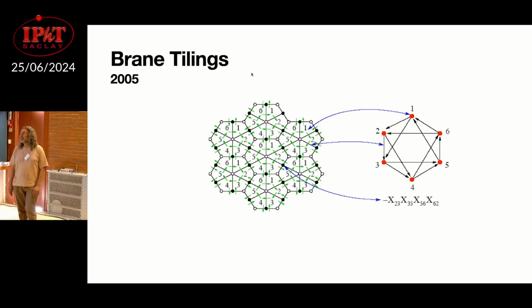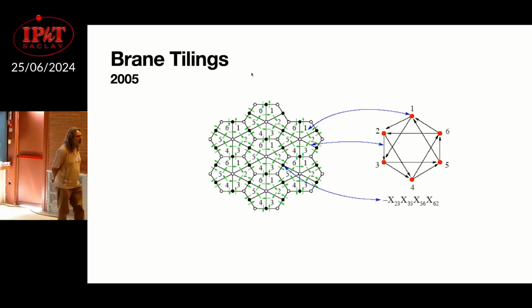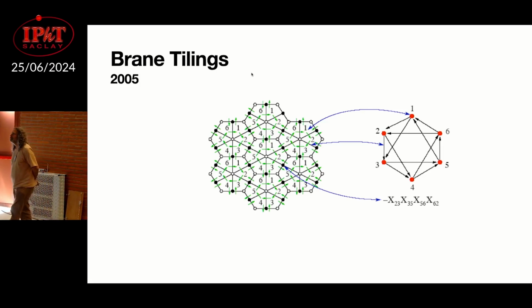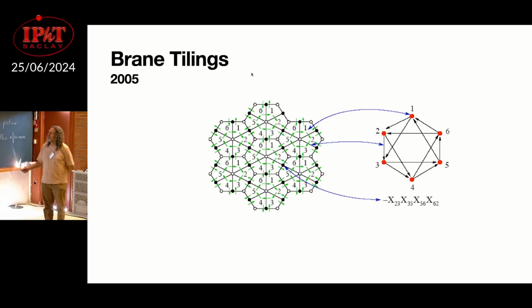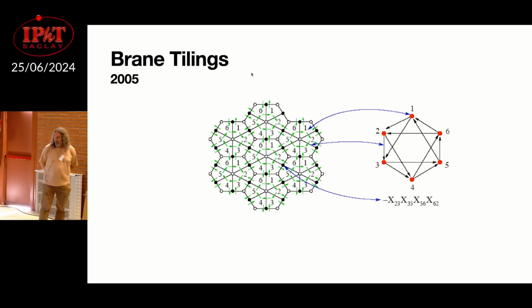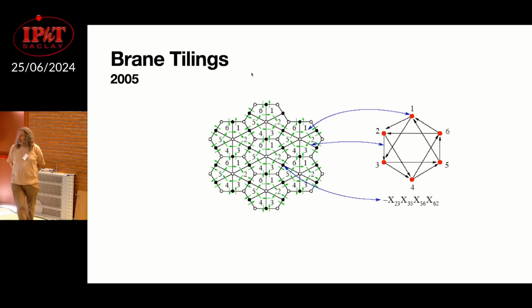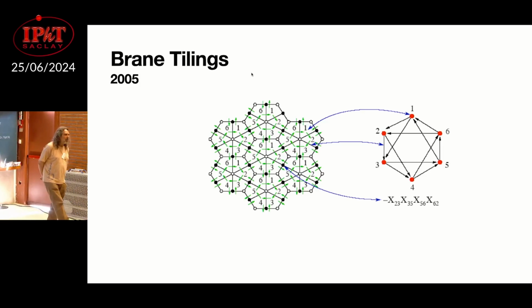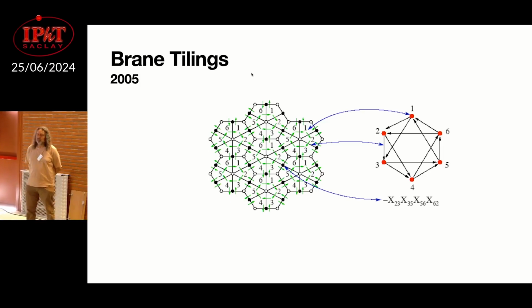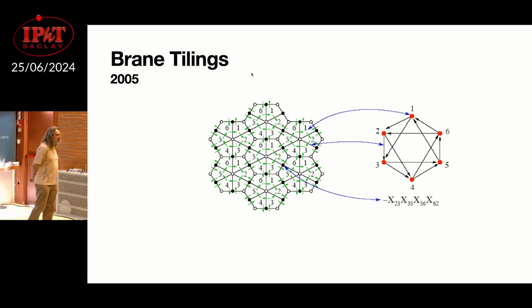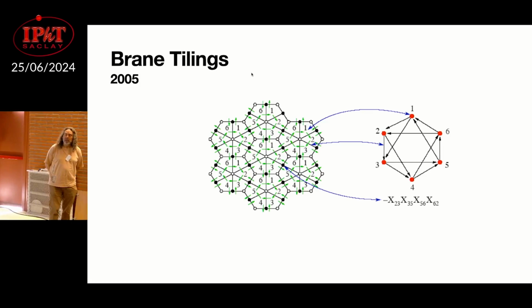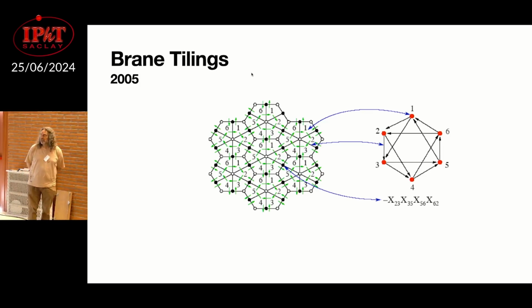So here's an example of a brane tiling. That's an improvement of what we saw in the previous pictures. And so on the left, I have a collection of tiles. There are 6 of them, labeled 1 up to 6. I have nodes, which are the nodes of those tiles. All of those tiles are quadrilateral. I have bipartite nodes, black and white. Black connects to white and vice versa. And I could interpret this